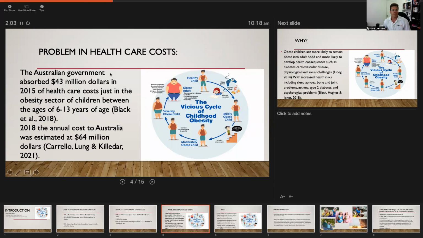The problem in healthcare costs: the Australian government absorbed $43 million in 2015 of healthcare costs just in the obesity sector alone, for children between the ages of 6 to 13 years. Now, in 2018, the annual cost to Australia was estimated at $64 million. And the reason for that, as you can see here, taken from the Heart Foundation, is the vicious cycle of